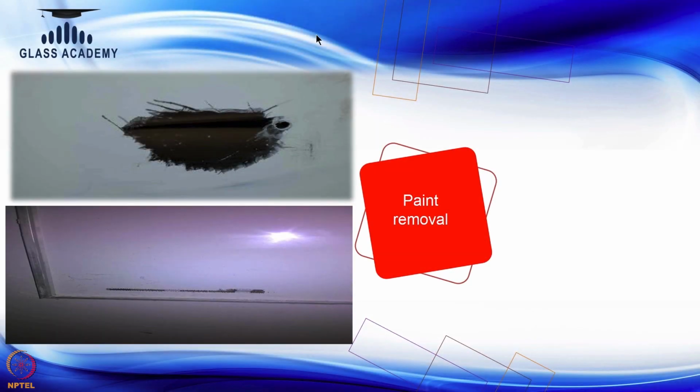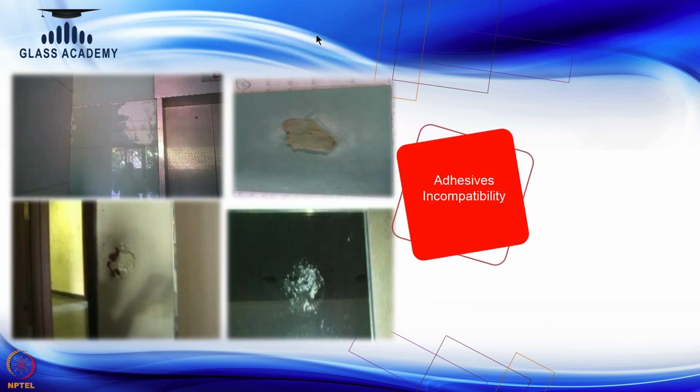The second defect in this category, shown in a bigger picture, is known as paint removal. A larger surface of the paint has been removed. The reason behind this is the same: an incompatible adhesive or improper application of the adhesive. Because of that, the paint gets removed from the surface, causing a bad aesthetic appeal which should not be there. In the third picture, you can see four different types of glass placed here. Everywhere there is some defect at the back of the glass surface. These glass surface defects are all happening because of the incompatible adhesive used.